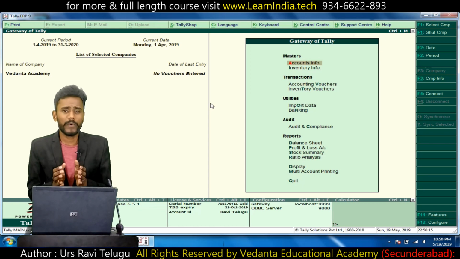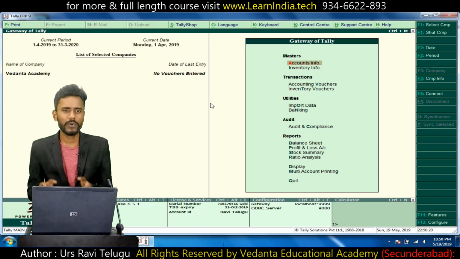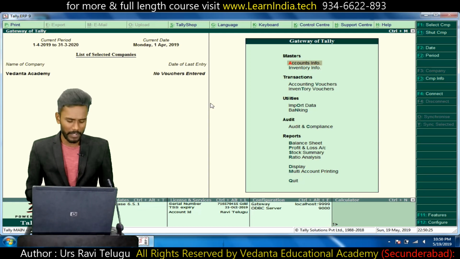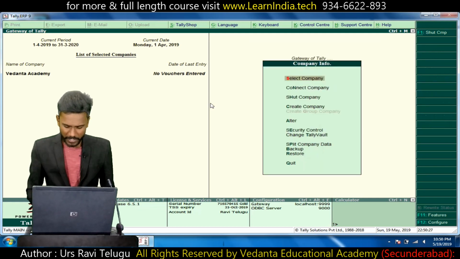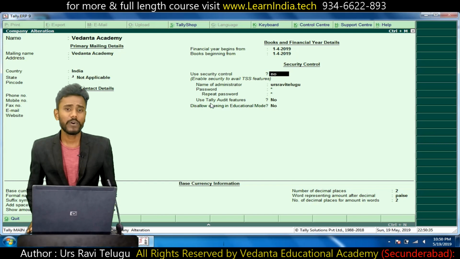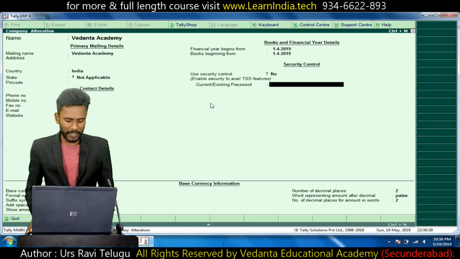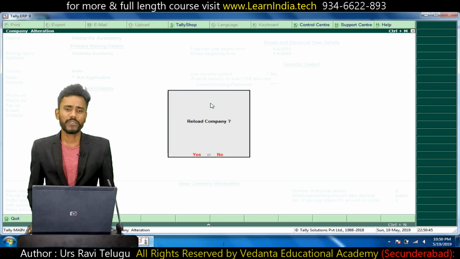But make sure, for any reason, if you want to disable security in the future, if you don't want to keep your company secure and want to make it unsecure, in that case just press Alt F3 and go to alter. In the place of use security control, you may simply select no if you don't want to keep your company secure. Then press Ctrl A. The current password is 0000. Then press enter. Now the company is unsecure. So this is how